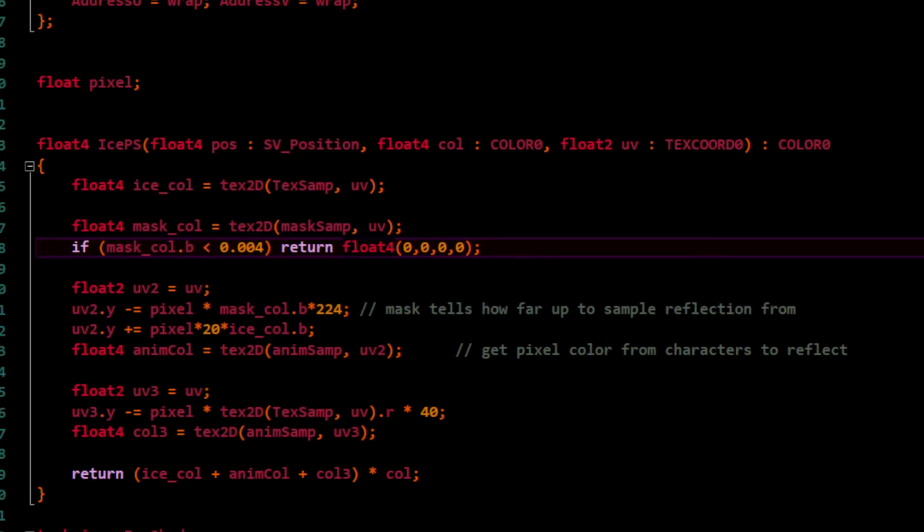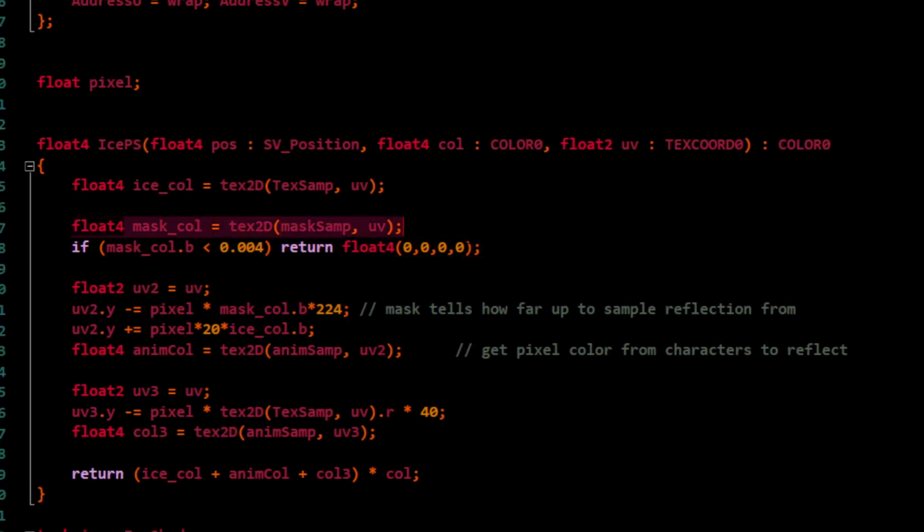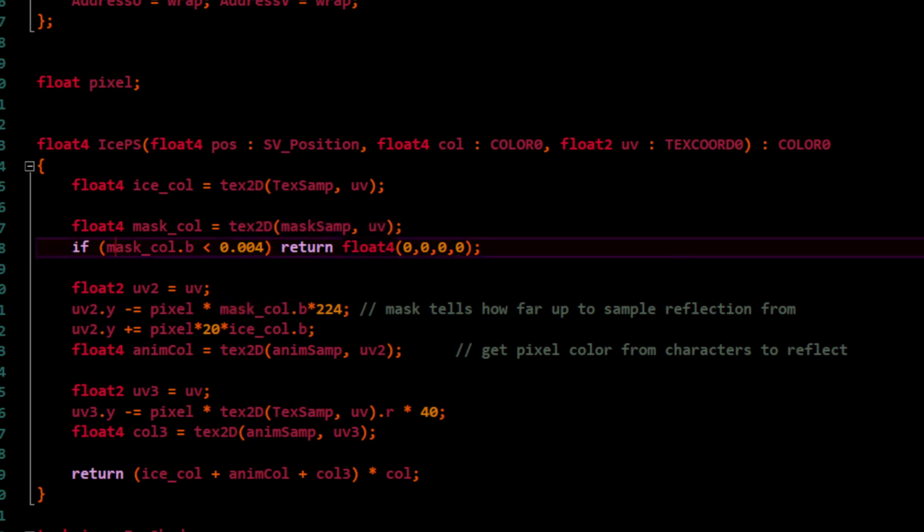So what I got now is I added this line in here. I'm saying mask color and then getting the mask here instead of doing it here. So now I just substitute this mask color.b here instead of this. And what I can do is I can say if mask color.b is less than 0.004, then I'm just going